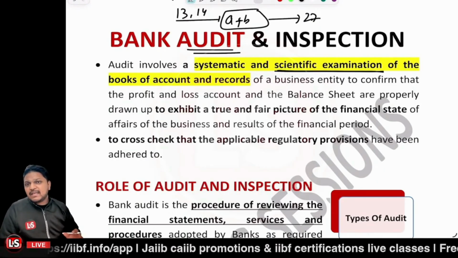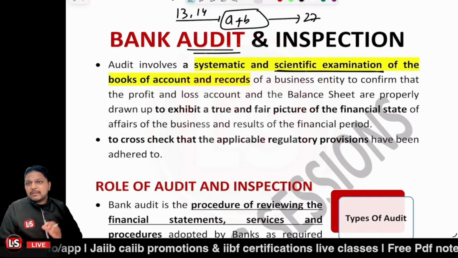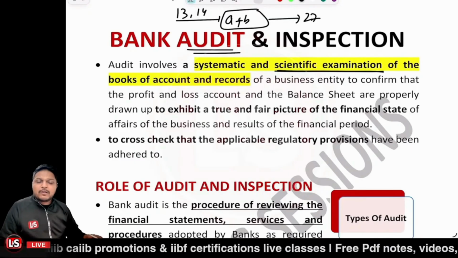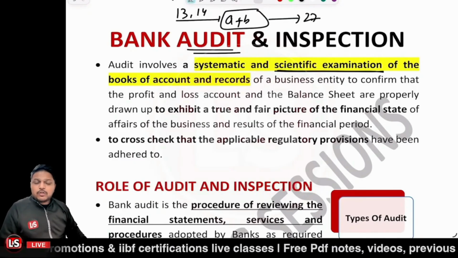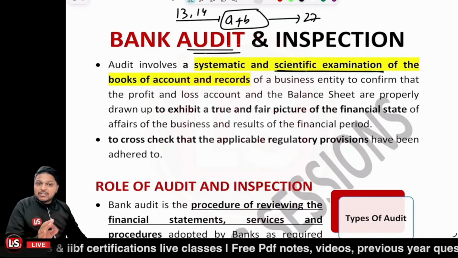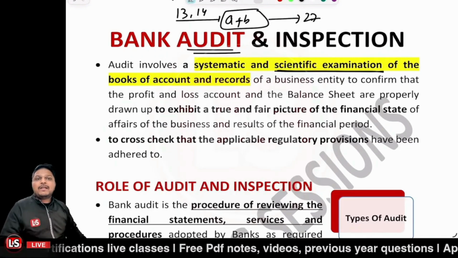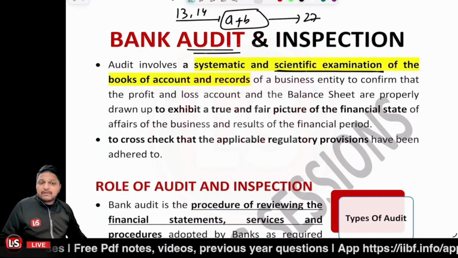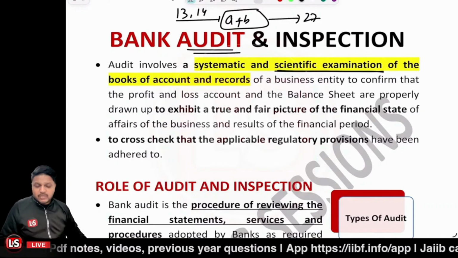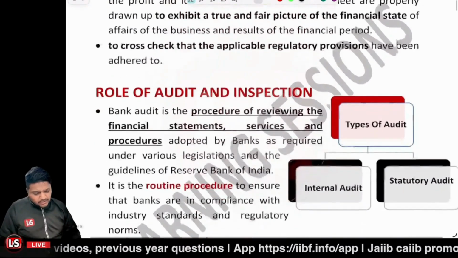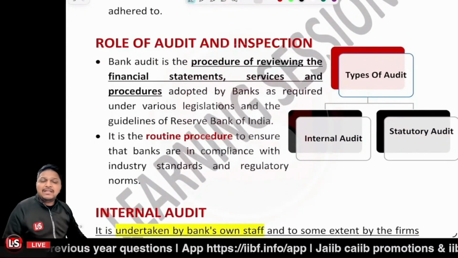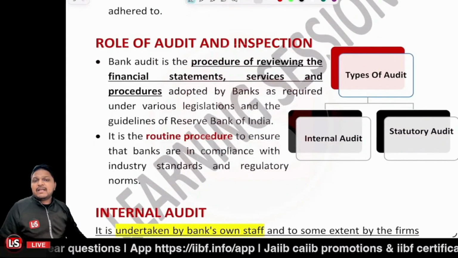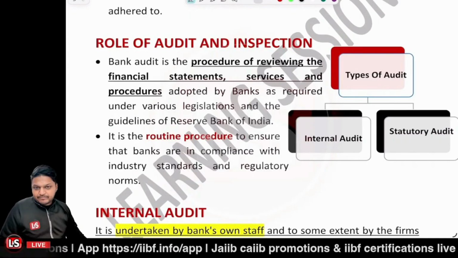Isn't it the case that they have not, let's say, met up with the proper accounting standards, or they are not following the particular accounting standards? So we are to check for all the things, and also we are to check the regulatory provisions. Are those being fulfilled? Are those being adhered to or not? Are we complying with those or not? So there are two types of the inspections. One, it is the internal audit, and the second one, it is a statutory audit, right?